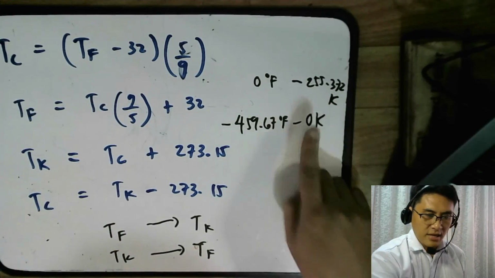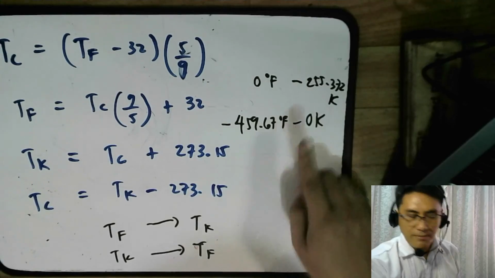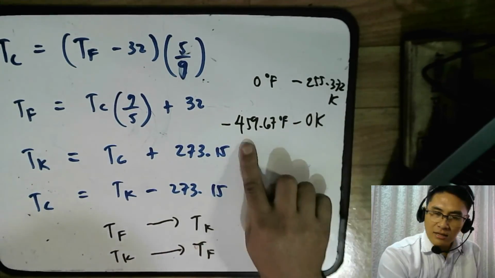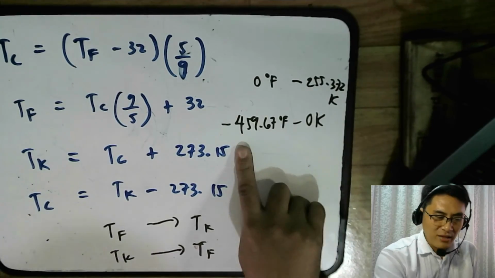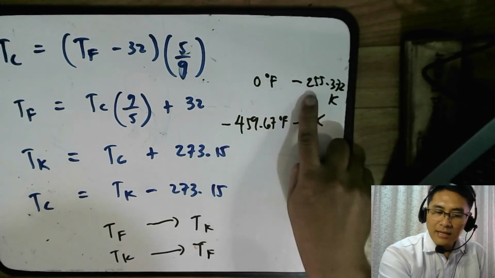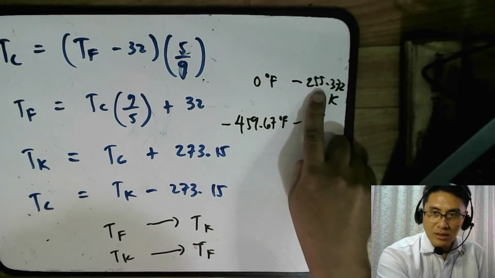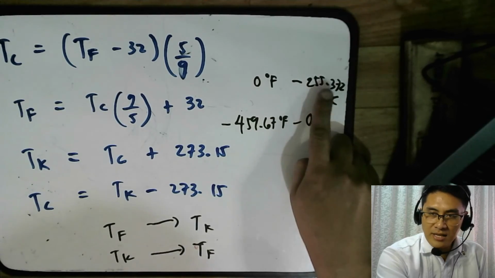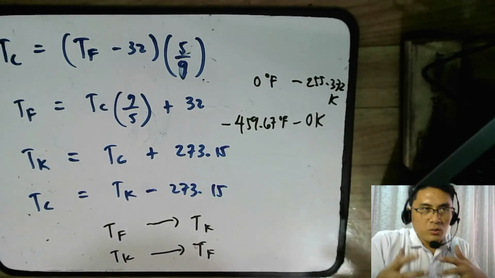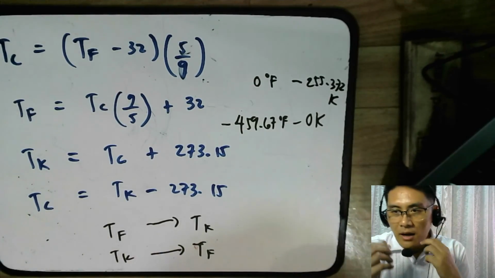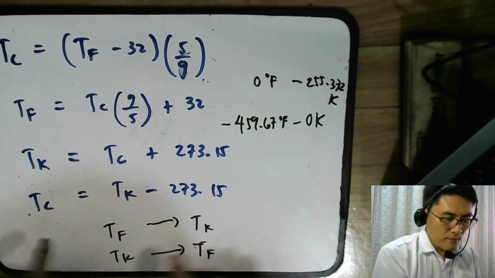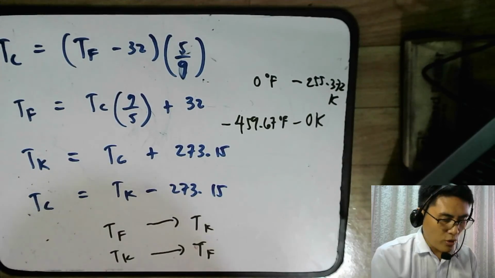Okay, this is the fact about Fahrenheit and Kelvin. 0 Kelvin is found to be at negative 459.67 Fahrenheit, and at 0 Fahrenheit it is at 255.372 Kelvin. So I challenge you, for anyone who likes a challenge, record a video of you explaining a formula that converts Fahrenheit to Kelvin or Kelvin to Fahrenheit,